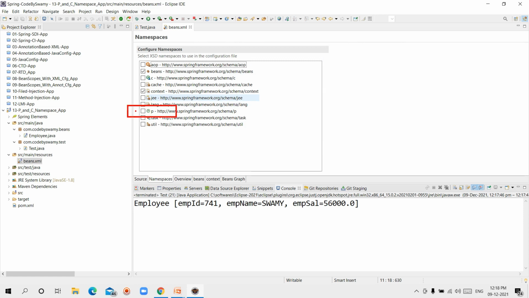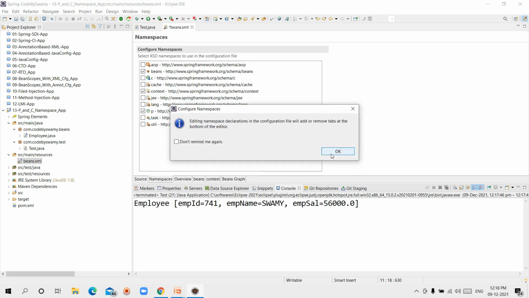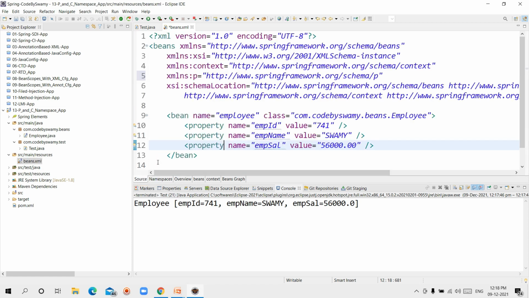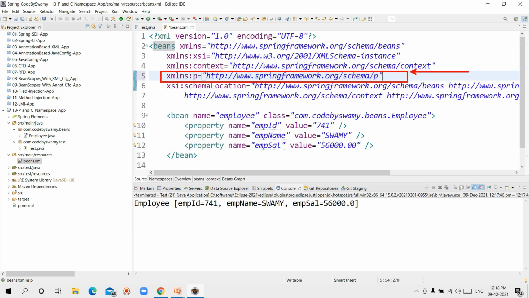Click OK. Again come to source. Click on source and confirm whether the p related schema is added or not. Yes, it is added. As of now, everything is fine.